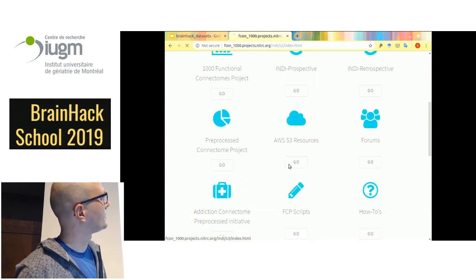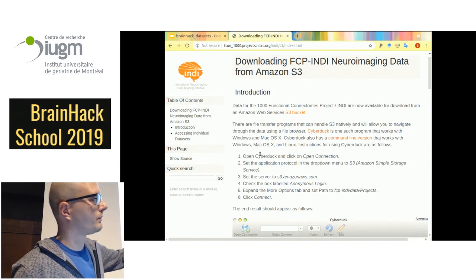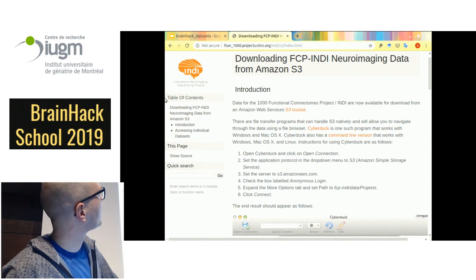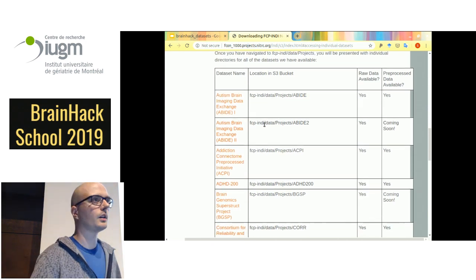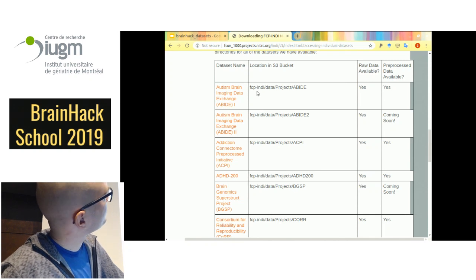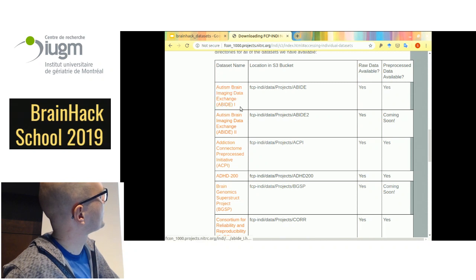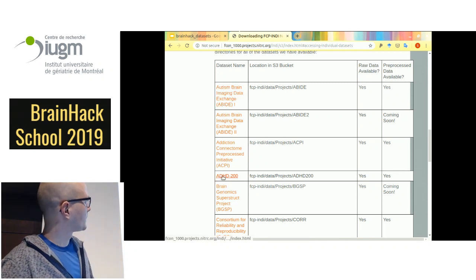So AWS S3 Resources, this is a website. Well, they're telling you essentially what I've already told you. You need Cyberduck to get your hands on the data. But if you click on this, you see a number of data sets that are available in this way, right? And already you're getting some kind of idea of what might be in these data sets. So you have autism here, you have addiction, ADHD. And if you click on them,